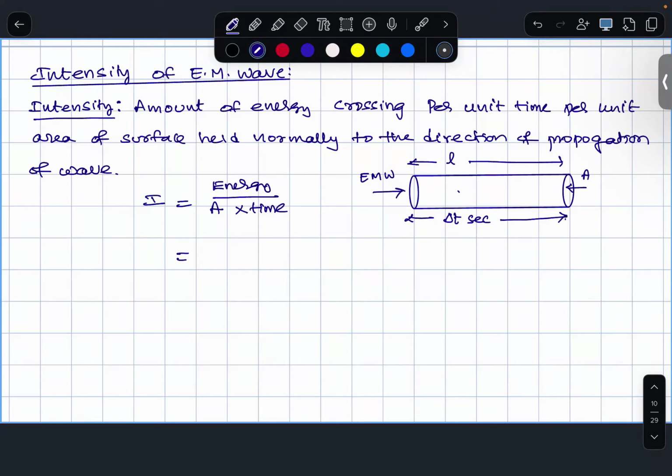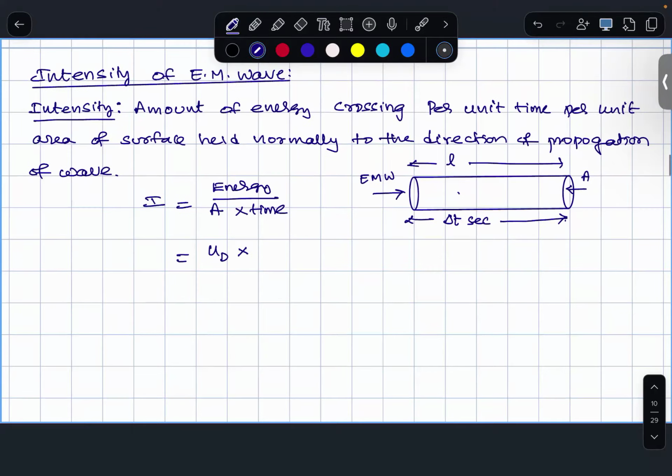I don't know the energy here, but I know the energy density. Energy density means energy per unit volume. Total energy is energy density into A into L, divided by A into delta t. Energy density into L by delta t, where L by delta t is the speed of propagation of EM waves, which is nothing but the speed of light. So finally, intensity can be written as epsilon naught